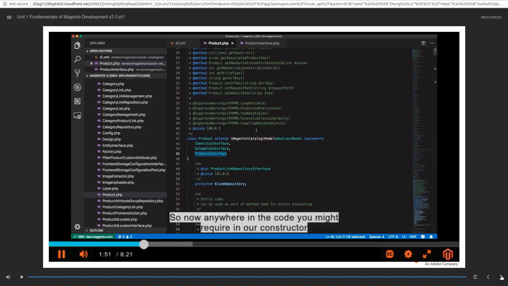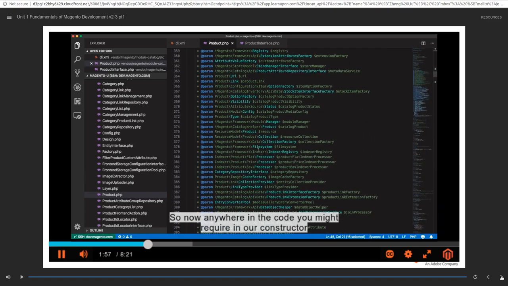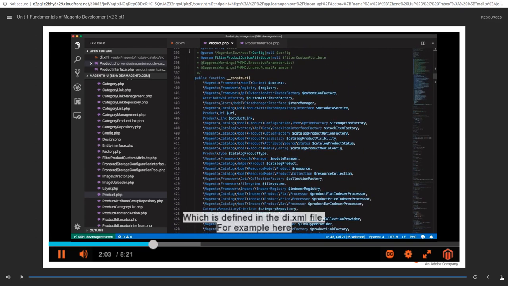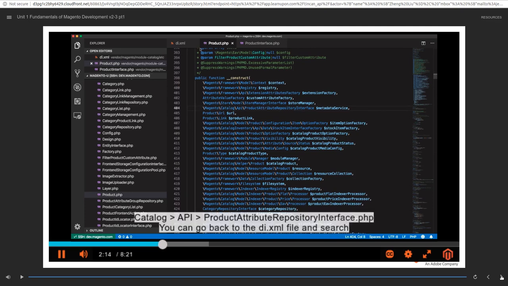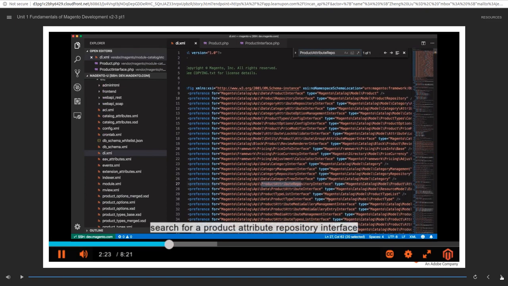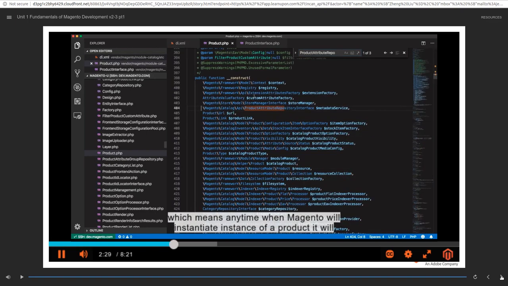So now, anywhere in the code, we may require the interface in our constructor, and we will receive the preference, which is defined in the XML file. For example, here in the same product model, we require the interface Magento\Catalog\Api\ProductAttributeRepositoryInterface. You can go back to the XML and search for the product attribute repository interface. Now we can figure out which physical class corresponds to this interface, which means anytime Magento will instantiate an instance of a product,